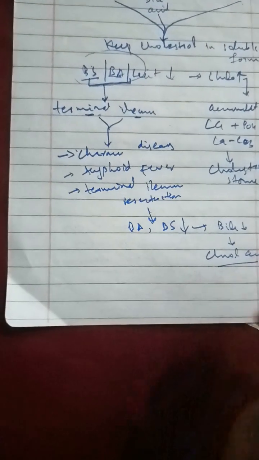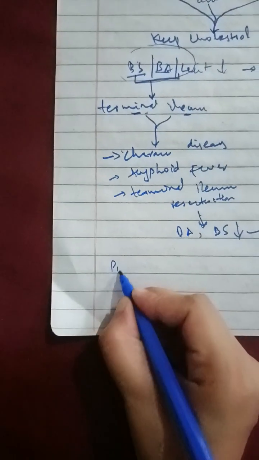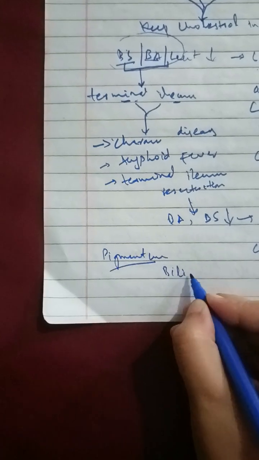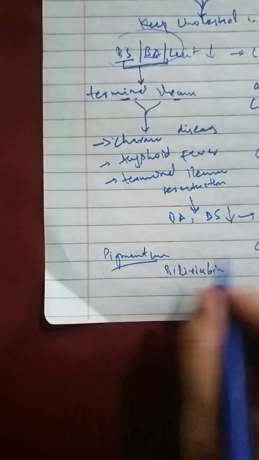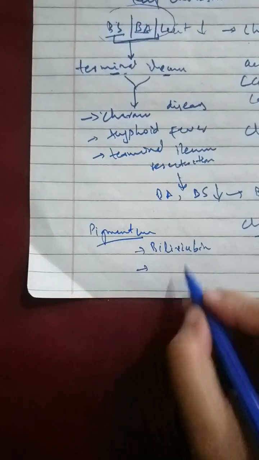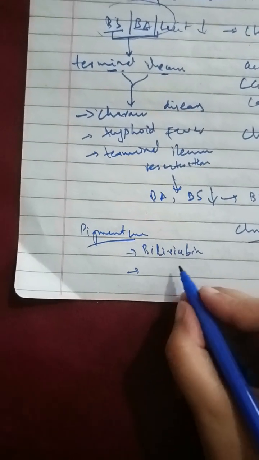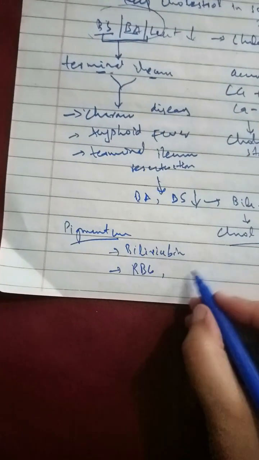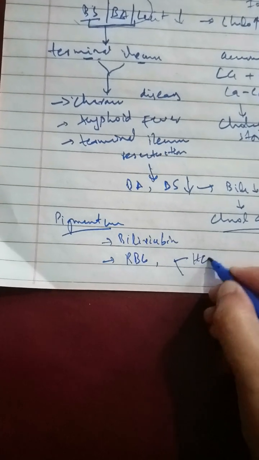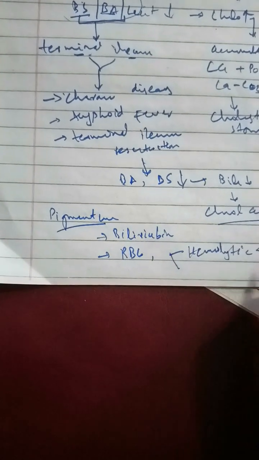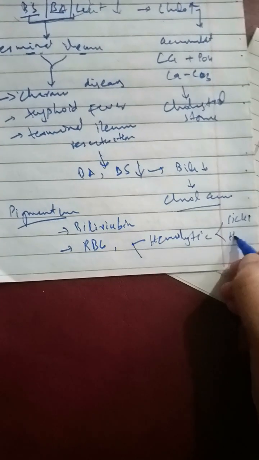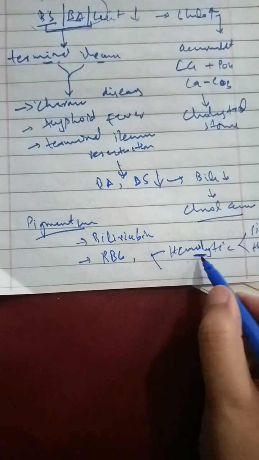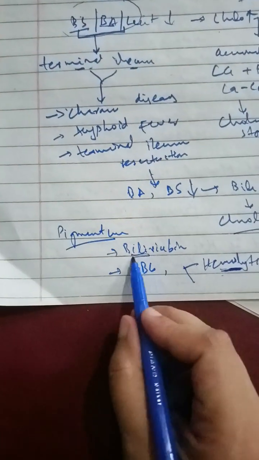Now coming towards the pigmented stone, the main component is bilirubin, insoluble bilirubin, which causes the pigmented stone. Now from where does this bilirubin come? This bilirubin basically comes from the breakdown of the RBCs. We know that when a patient has hemolytic anemias like sickle cell anemia, thalassemia, there is breakdown of his RBCs in the spleen, and from the RBC breakdown, the bilirubin released is called the